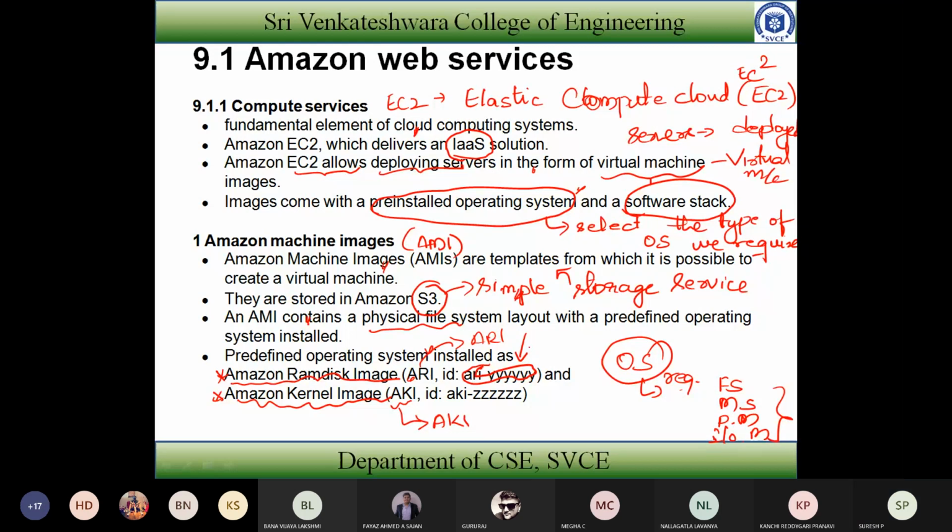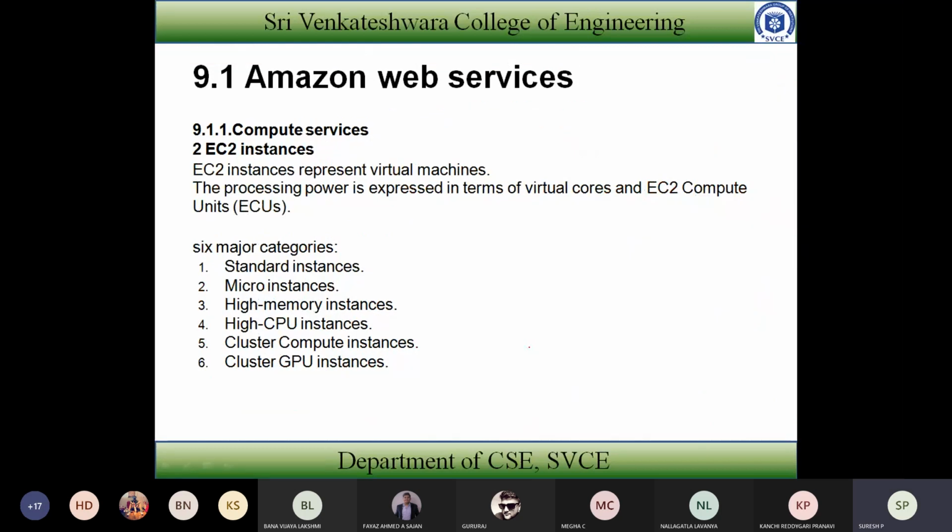Next, when it comes to the computing services, EC2. What does EC2 tell about? What do you mean by EC2 instances? As I told you, EC2 is nothing but the Elastic Compute Cloud. Basically, it represents the virtual machine. We know that a virtual machine is nothing but